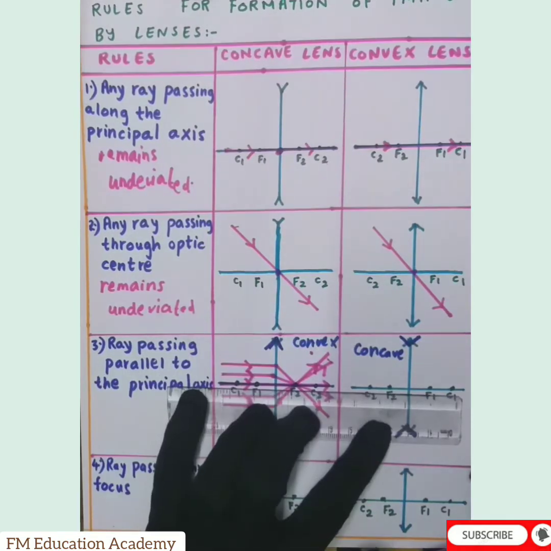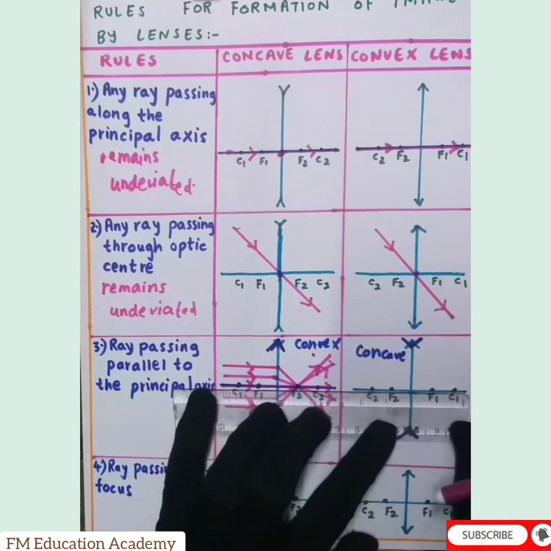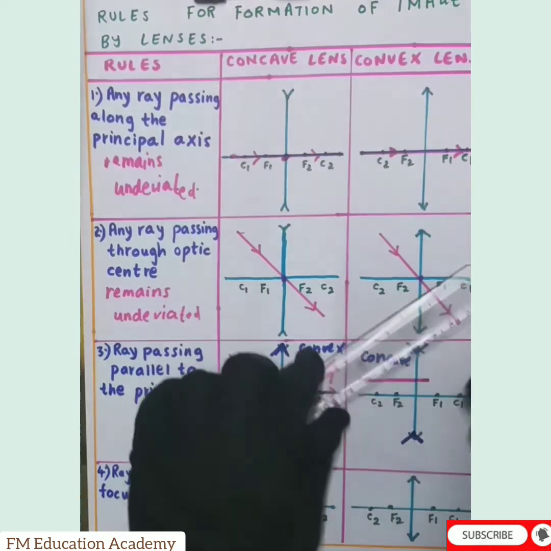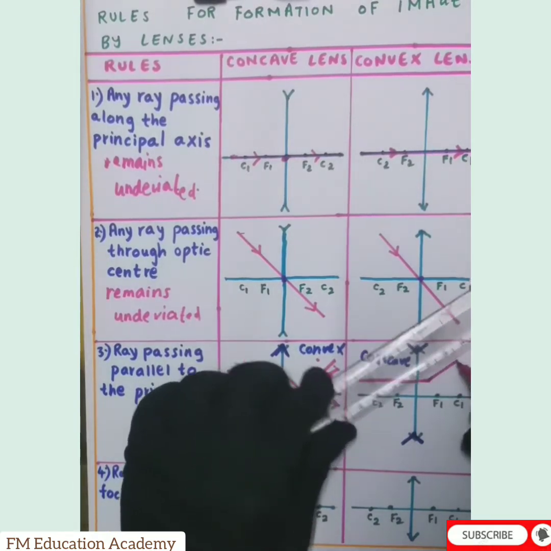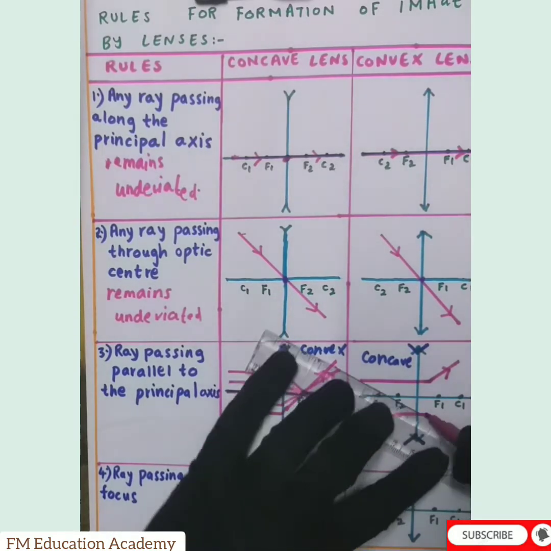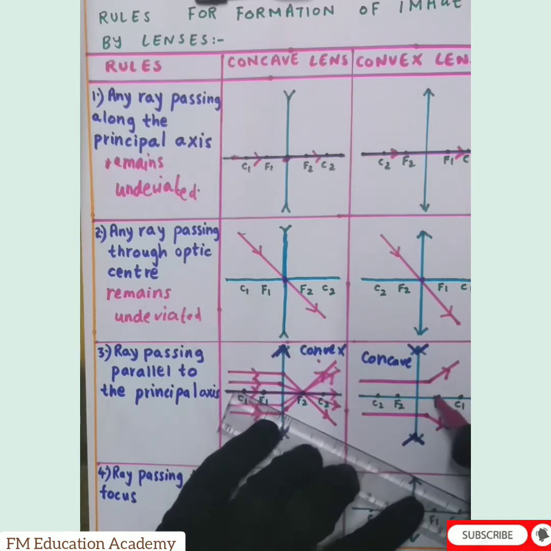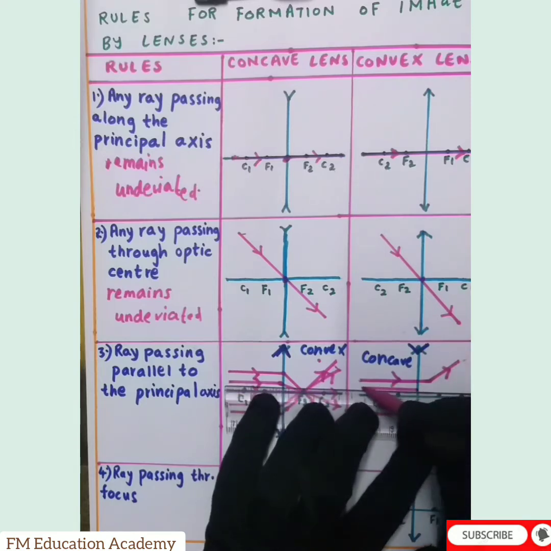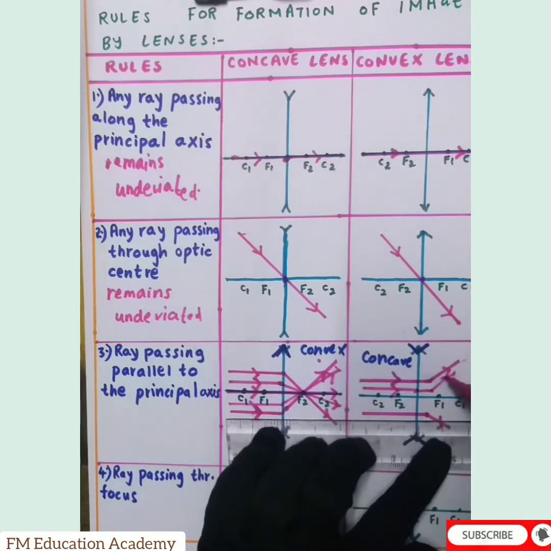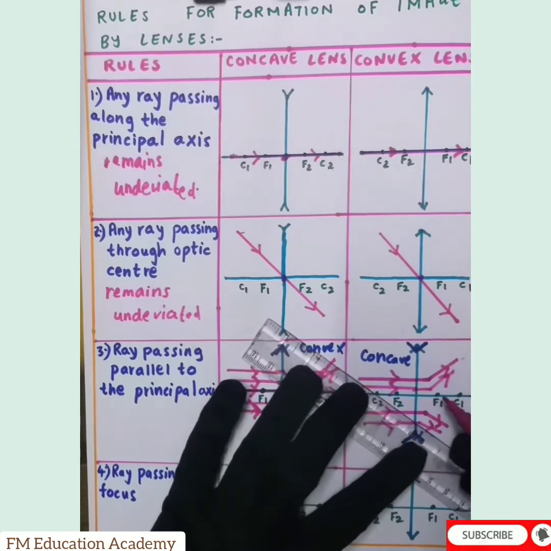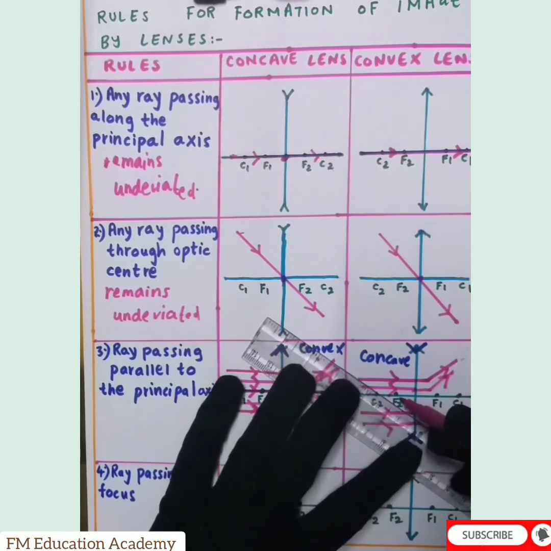The concave lens is a diverging lens. So whenever a ray is parallel to the principal axis, it will not pass through the focus, but it will diverge away, because a concave lens is a type of diverging lens. Similarly, whenever a ray is parallel to the principal axis, it will diverge away from the focus. It is not meeting the focus, but it is diverging away. Here also, a ray is coming parallel to the principal axis, it will diverge away. So when we join them, they can meet at the focus.